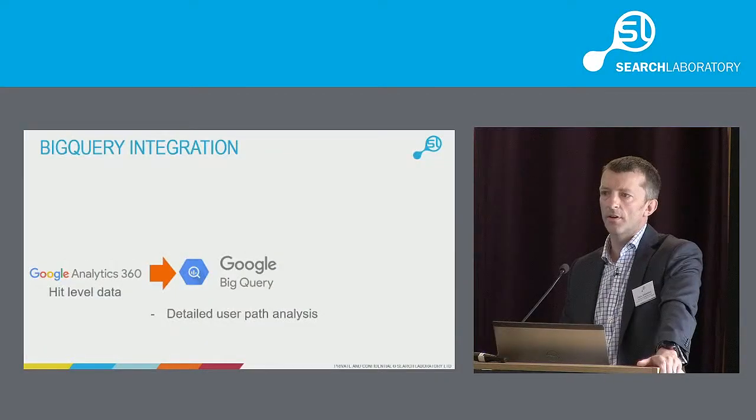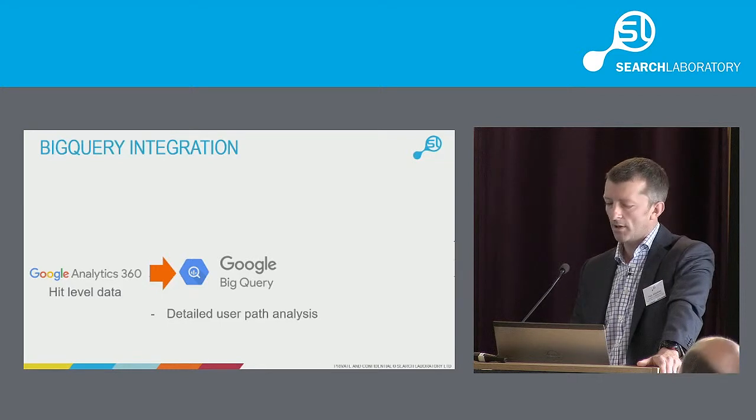So enterprise customers want access to the data, and it's a one-click integration where you set it up, and daily it will be pushing all that hit-level data into your BigQuery account. And once you've got that data there, it's up to you what you want to do with it. You might just like having it there. Don't know why, but typically you would use it, and you can analyse that in a bit more depth. If the standard interface doesn't give you what you want, you can interrogate that data,